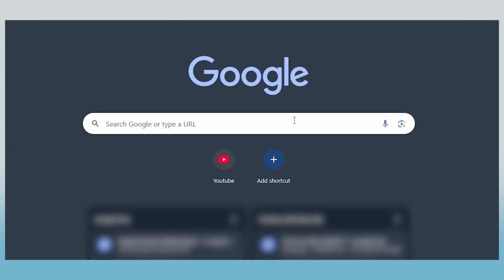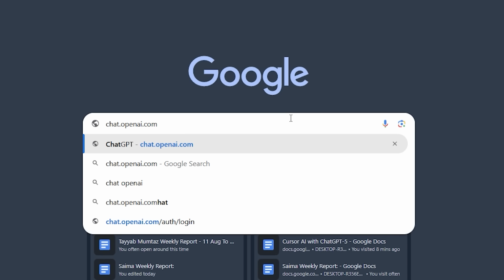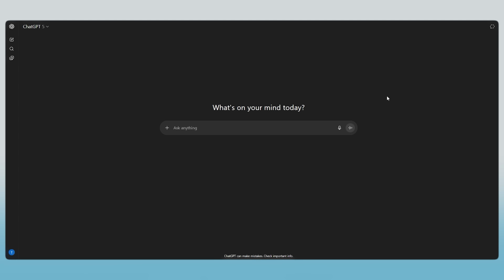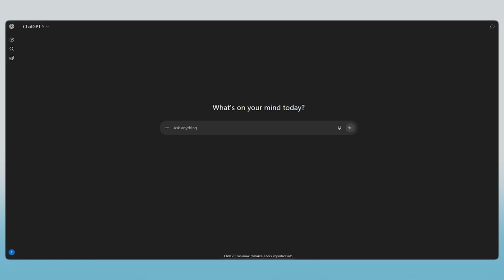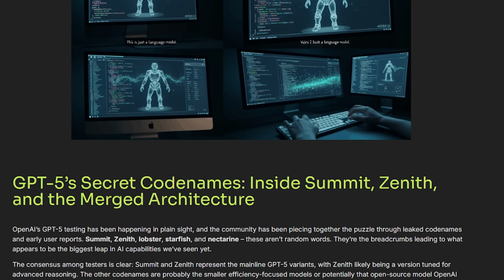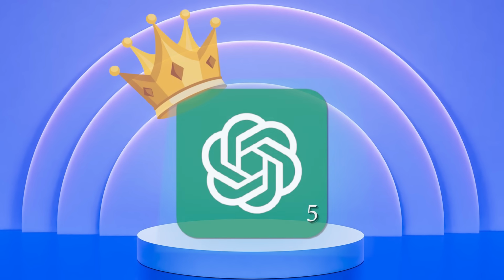The first step is to visit chat.openai.com and log in. If you are a new user, you need to sign up. Once you are in, you'll see ChatGPT-5's flagship model is available with its Thinking and Pro models. Sometimes it is clearly labeled. Other times it hides under code names like Summit or Zenith, as it is now clear that GPT-5 is rolling